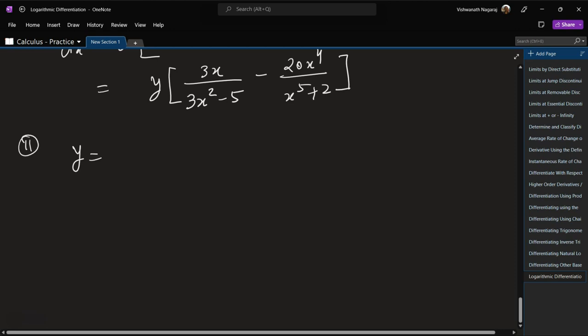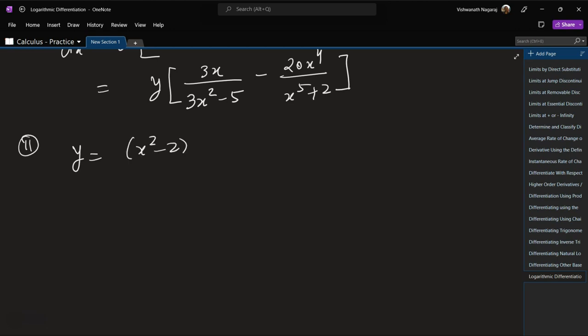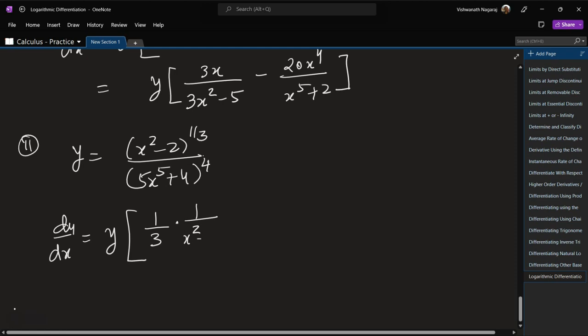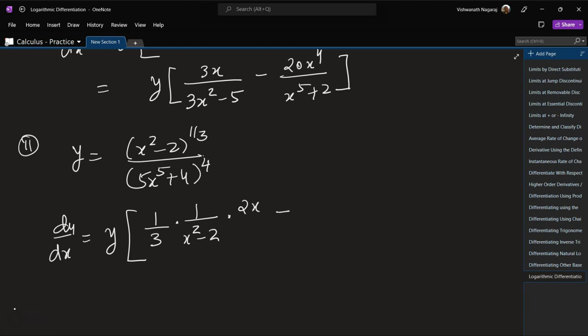Y is equal to x square minus 2 to the power of 1 by 3 divided by 5x to the power of 5 plus 4 to the power of 4. dy by dx is equal to y as it is, and then 1 by 3 natural log of x square minus 2. So when we differentiate it, we get 1 by 3 times natural log of x square minus 2. So that is 1 by x square minus 2 times 2x minus, because of the division,